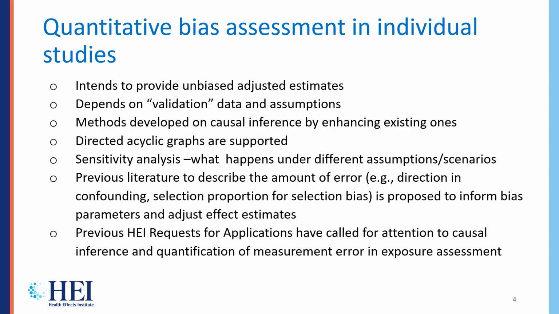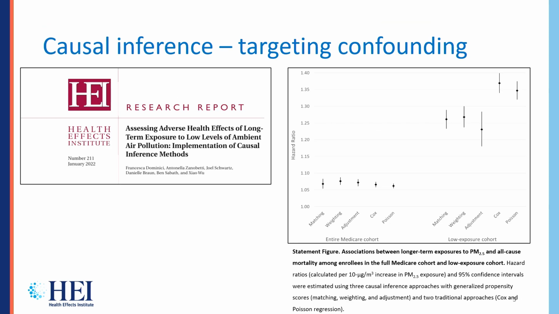HEI over the course of the years has put a lot of attention on potential biases entering science findings, in order to provide robust science to inform policy. So it has issued a lot of requests for applications to address mainly residual confounding and measurement error. One of the studies that has been funded, and one of the groups that has developed a lot of causal inference methods, is the Harvard team under Professor Dominici. And you can see here the report on the health effects of exposure to low levels of air pollution using